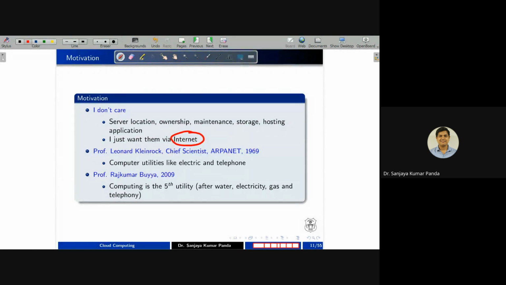There are many devices which are not directly able to connect to the internet. But if a device has the internet facility, we are able to get all the things from our Google account.